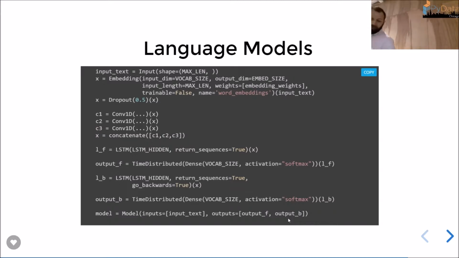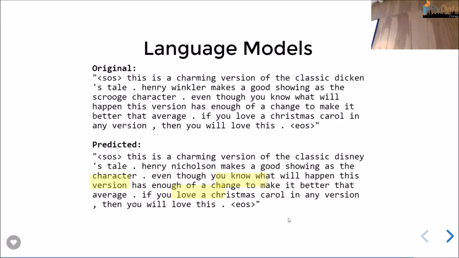So if we do that, here's what we end up with. The top is the original review that came from the Amazon dataset. So that's the tokenized text. I think it's a review about A Christmas Carol. And then here's what comes out of it. I tried to highlight all the stuff that changed. But instead of saying the classic Dickens tale, it says the classic Disney tale, probably because Disney shows up more often than Dickens in the dataset. Same thing with Scrooge, and I think they get Henry Nicholson. Yeah, it says Henry Nicholson instead of Henry Nicholson, probably because Nicholson is more